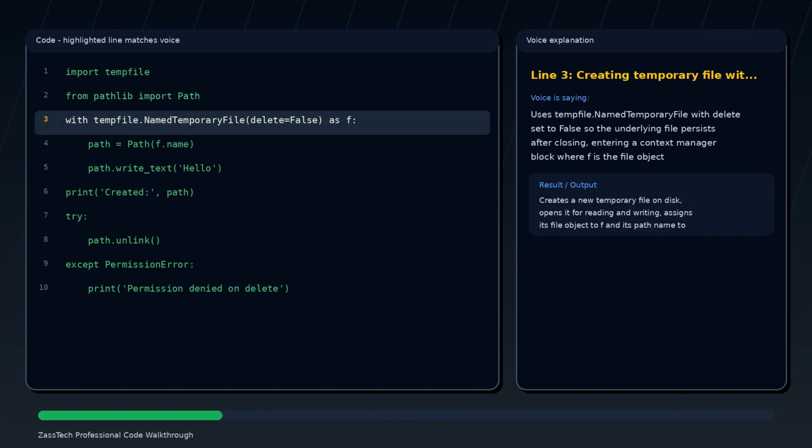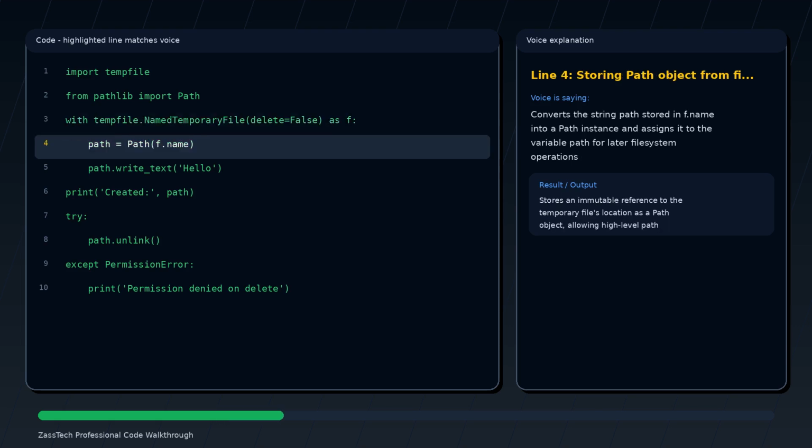Uses tempfile.NamedTemporaryFile with delete set to False so the underlying file persists after closing, entering a context manager block where f is the file object. Converts the string path stored in f.name into a Path instance and assigns it to the variable path for later